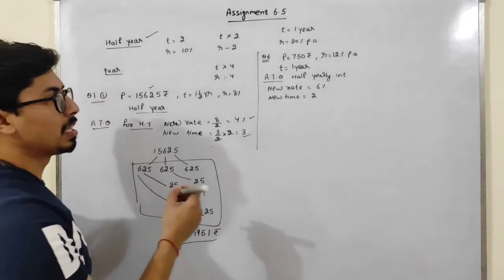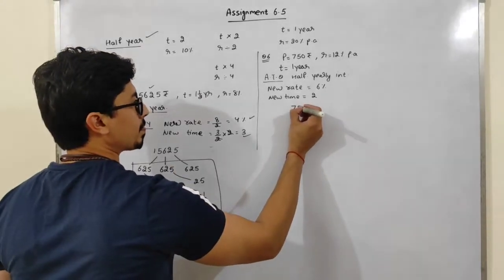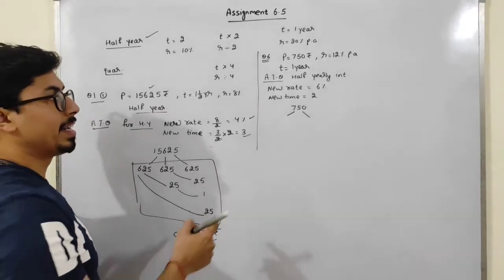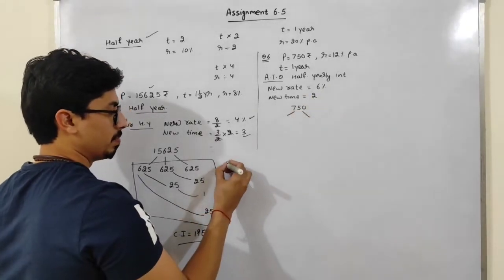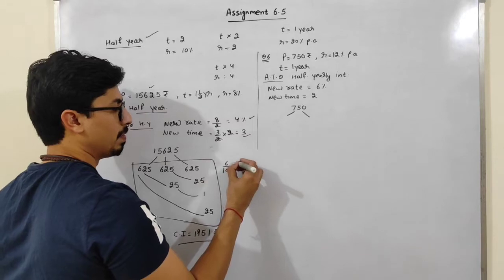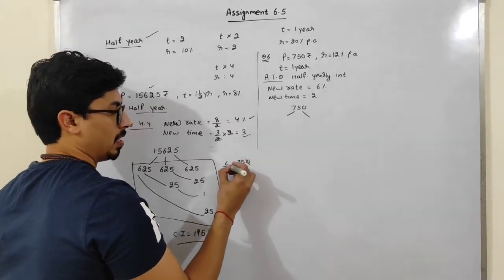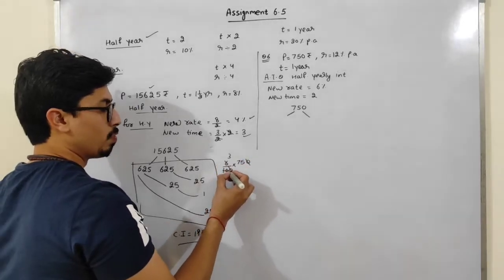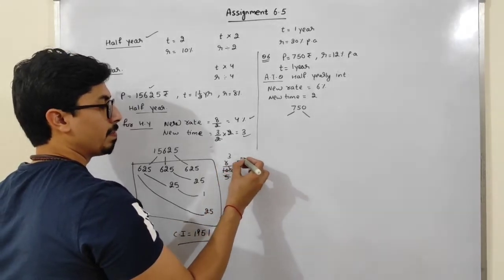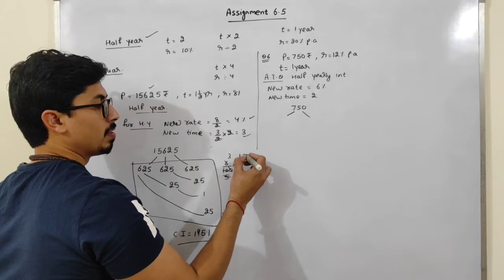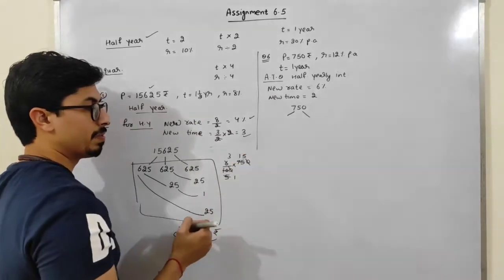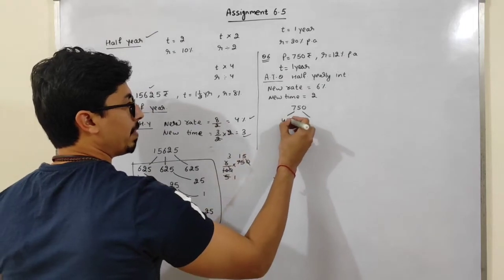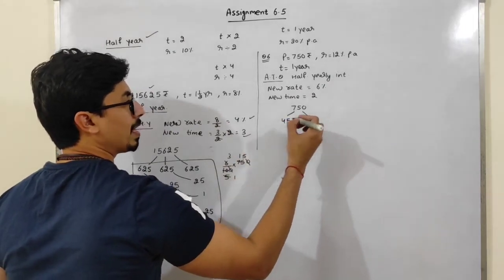Okay. Now principal is 750. Just divide it into 2 parts and take 6% of this. 6% of 7, just cancel them out. So 2 3s are 6, 2 5s are 10, 5 1s are 5, 5 5s is 25. So this is how much? This will be 45 and this will be 45 as well.